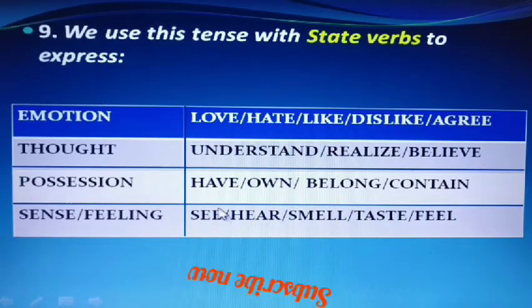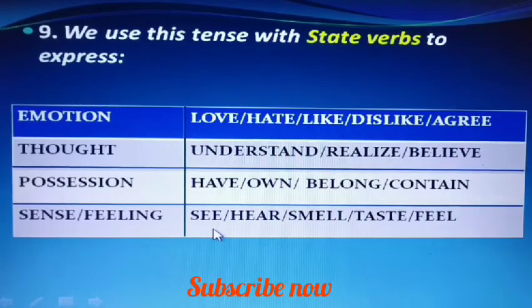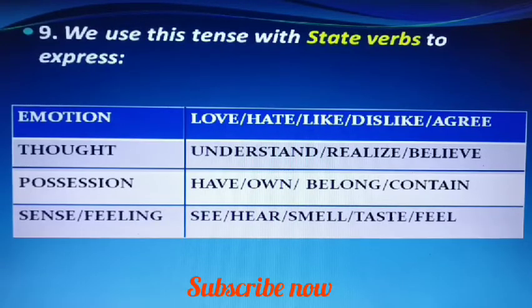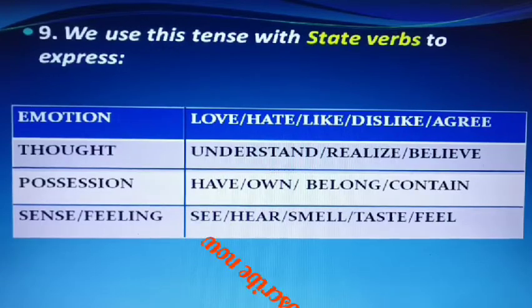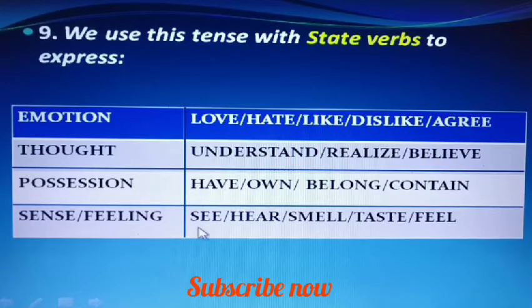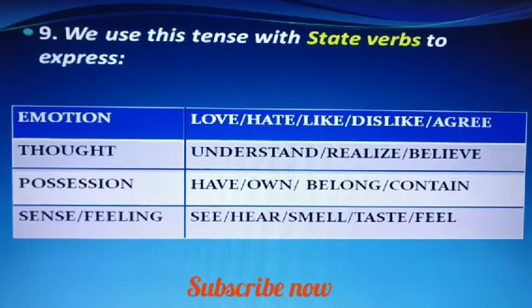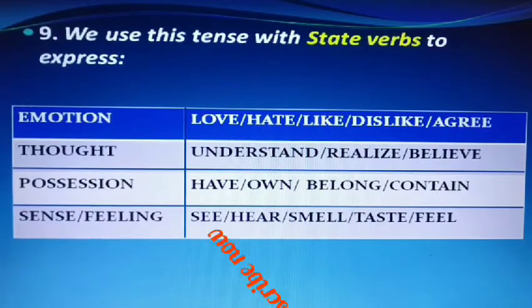One word, see, is special: if we use see in the continuous tense, the meaning of that word changes. It becomes meeting. I am seeing my friend every day. That means I am meeting my friend every day. So, with its original meaning, we cannot use any other present tense form when it indicates something happening in the present. So, we use simple present tense with these verbs when they indicate some state at the present time.